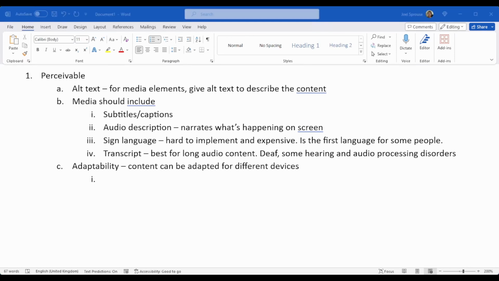So, for example, if you have a small screen, which again comes into making responsive websites.